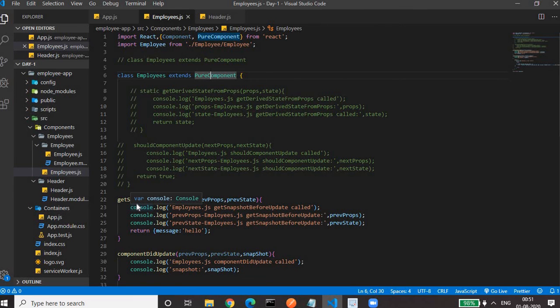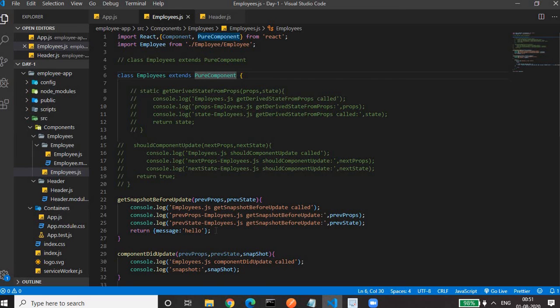It won't call if any other props or state related to some other component is changed. In this way we can optimize our code. We can avoid the unnecessary repeated rendering of the component and repeated calling of our update method.